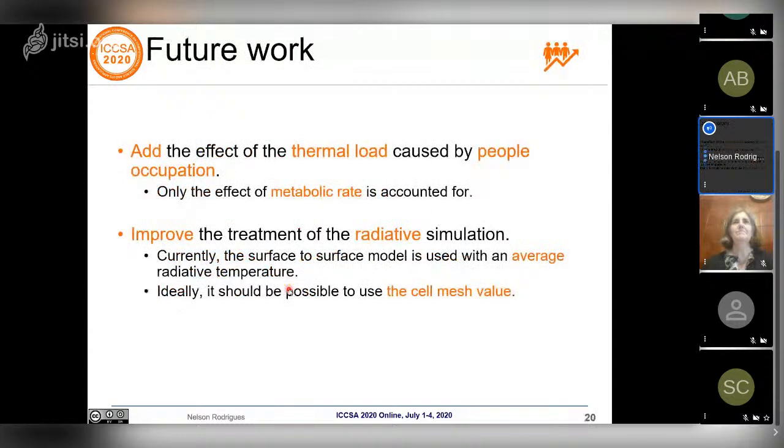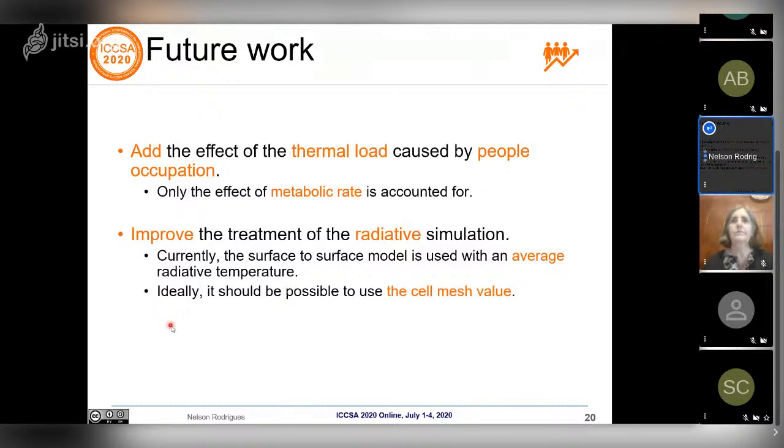For future work, we aim to include the occupation by people in that region, because if you have a region that is occupied by many people, their metabolism may cause an increase of temperature, and that could vary thermal comfort in